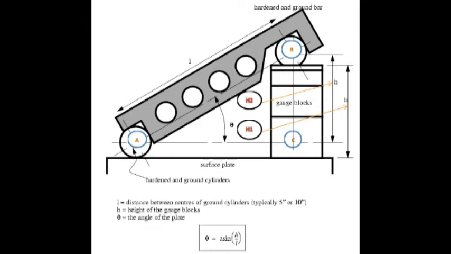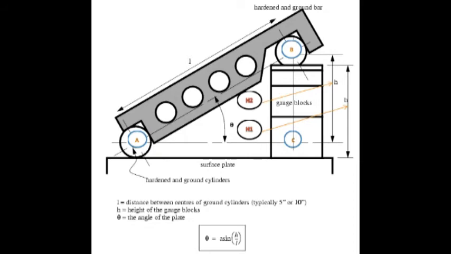So when the rollers are brought in contact with the flat surface, the top of the bar is parallel to the surface. The various parts are hardened and stabilized before grinding and lapping. All the working surfaces of the bar and the cylindrical surfaces are finished to a surface roughness value of 0.2 micrometers or better. Sine bars are graded as A grade or B grade, with accuracy of 0.02 mm per meter of length. So these are the various types and applications.